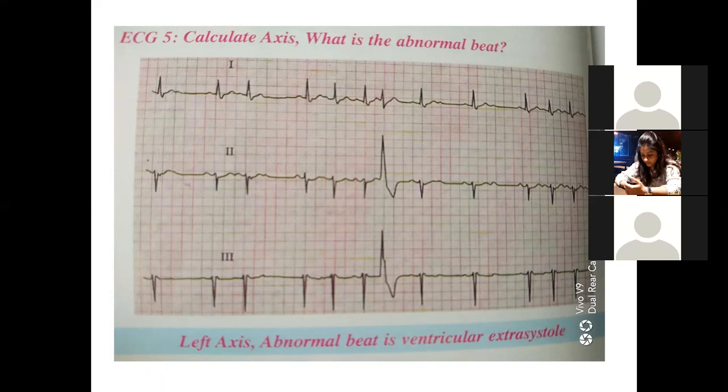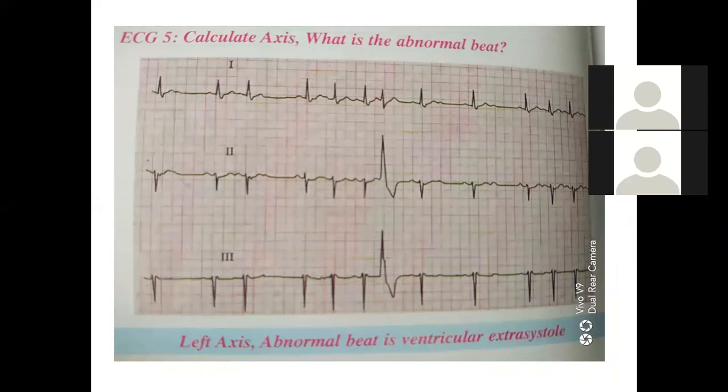Irregular. Can anyone tell me why it is happening? Let's see, I want an intelligent answer here. Study the whole thing. It's a long rhythm strip. Look, the whole of lead 1 is written. It is one long lead 1. Can you see? The second lead is also long. What is this here? Is it normal? Can anyone tell me what this is in lead 2? So that is an ectopic. Is there a Q wave? No, there is no Q wave.